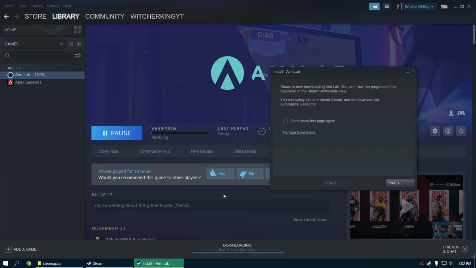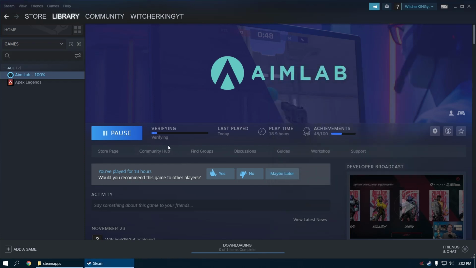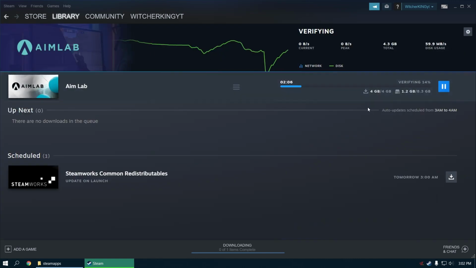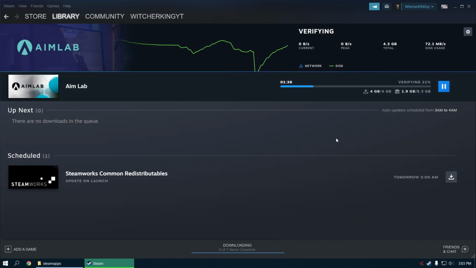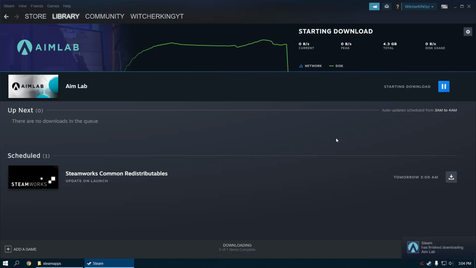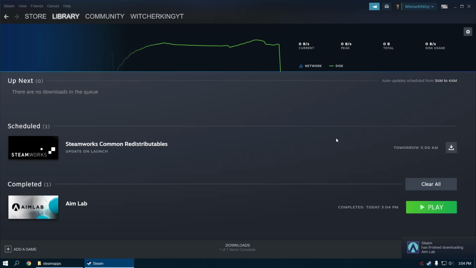Next step is verifying all the files. Again, this will take time. You can close the finish dialog and let it continue. To watch this closely, you can go to the library menu and select downloads and keep an eye on what is happening. After verifying, it might download a little bit of files and any patch that is required. After that, your game is ready to play again without downloading it all over again.